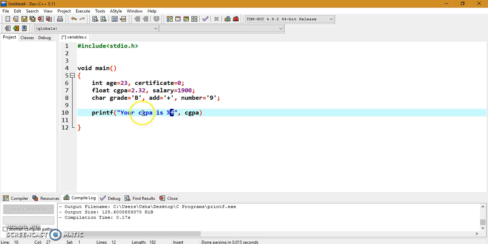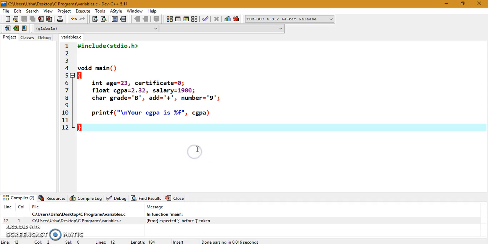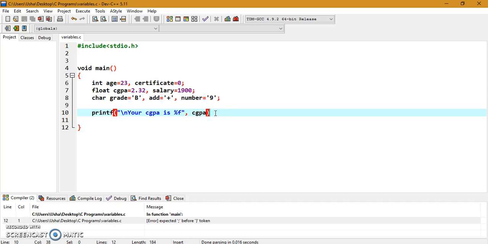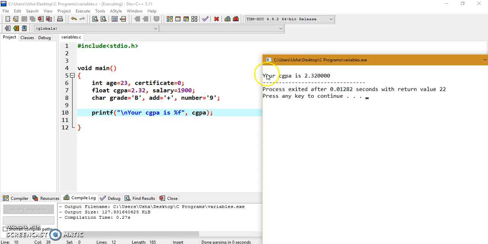This one depends on the data type. So let me put a \n in front. Save this and run. Okay, I forgot a semicolon, so run again. So you can see this. Your CGPA is